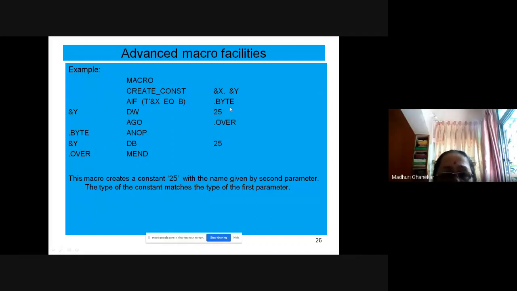Now, if type of x is not byte, then it will go to this step. One thing I wanted to tell you is why that ANOP is used. You will observe what we want to do. It should go to this step, &y. But already there are three things, means something is appearing in the label field, in the first column. Normally the labels we declare in the first column.